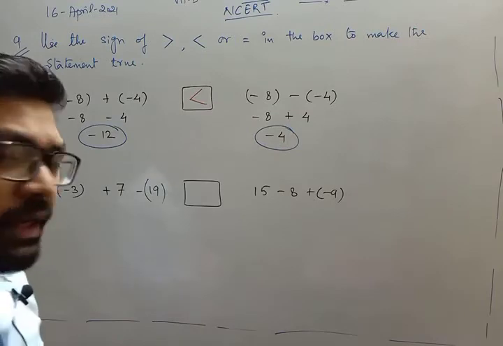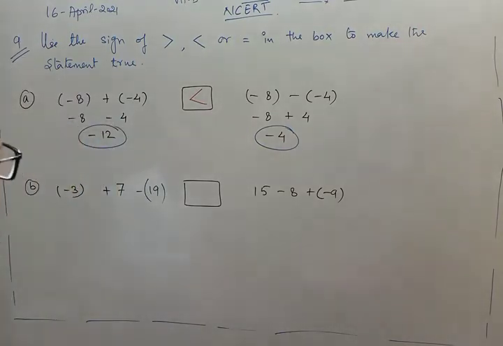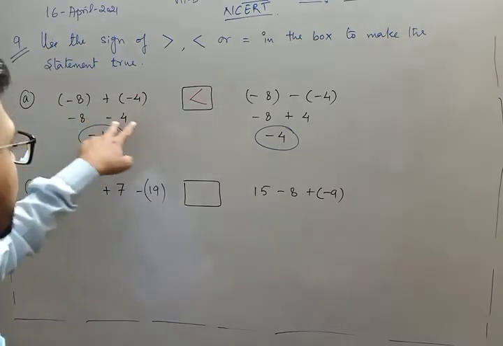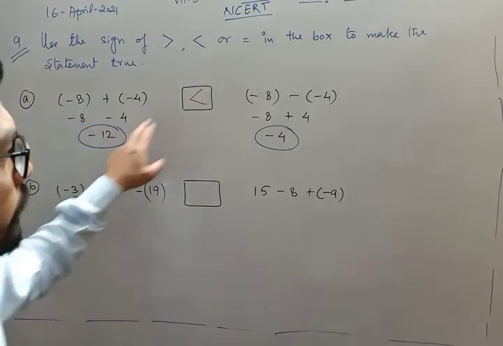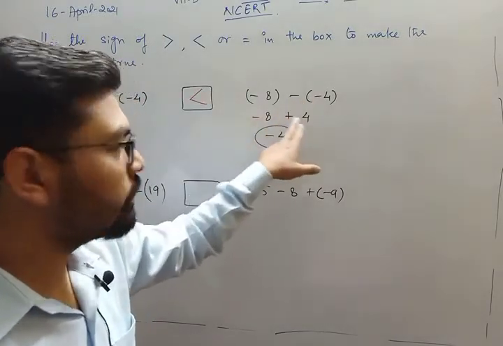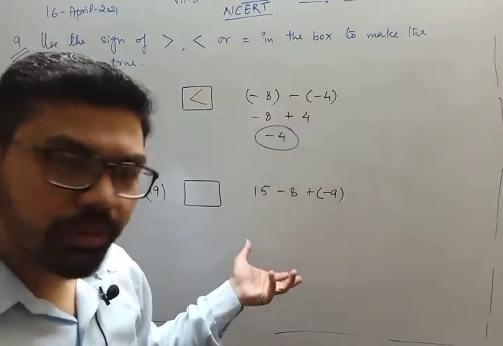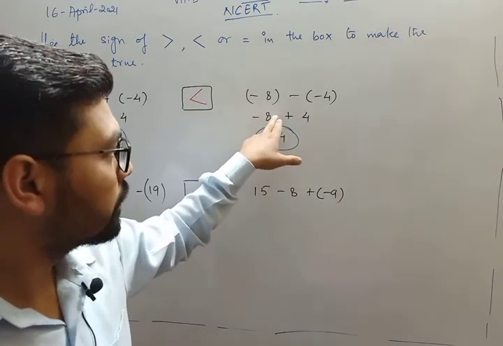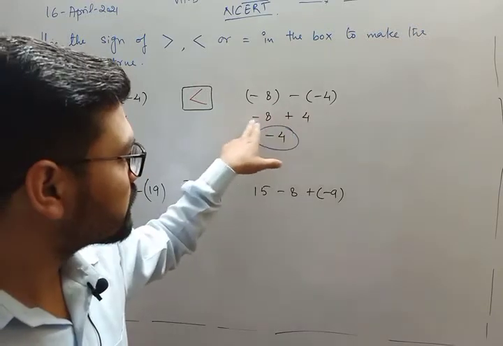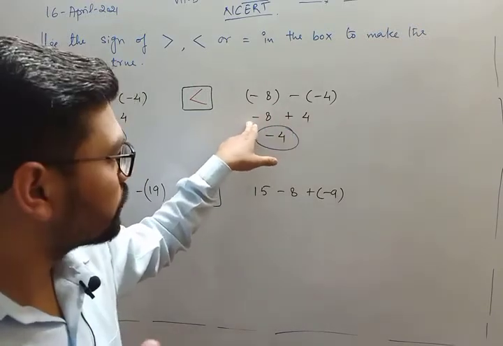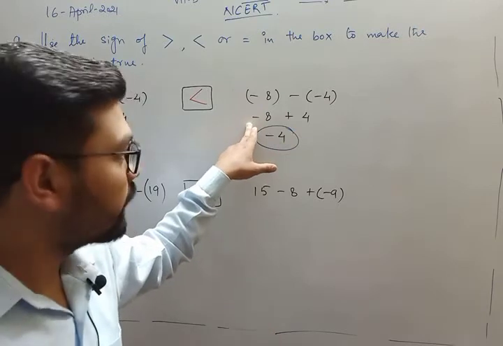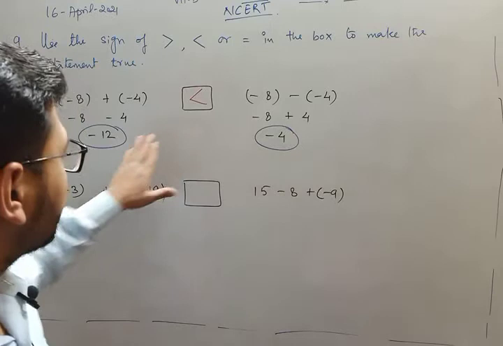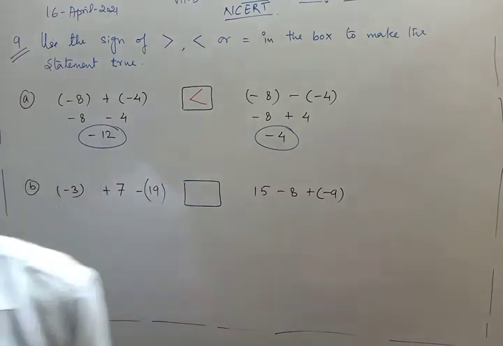Okay? Any doubt in this? You just need to simply add or subtract the values. Like plus minus minus, so minus 8 and minus 4 is equals to minus 12. Minus minus plus, 1 is negative, 1 is positive, so the overall subtraction will be there. And minus 4, because 8 is greater than 4, and the sign before 8 is minus, that's why minus 4 will be the answer, and minus 4 is greater than minus 12. Please note it down fast.